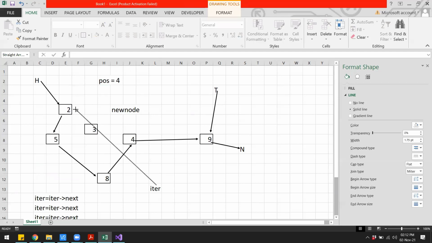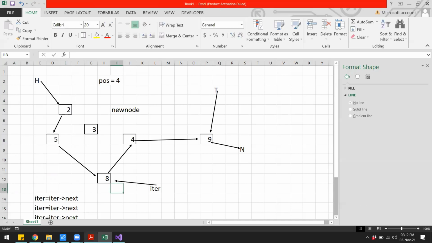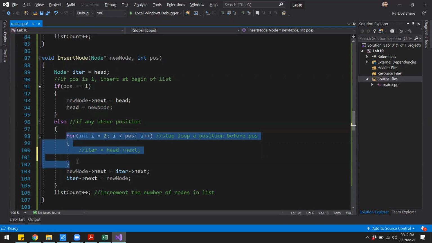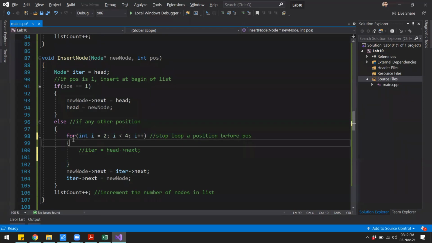Now in here we want to shift it how many times? So initially it is over here, we want to shift 1 and 2 times, right? That means in our code, this for loop should run 2 times, right? So our position is number 4, right? I'll write 4 over here temporarily. So how many times does this loop run? It will run when i is 2 and then when i is 3. When i becomes 4, this loop will terminate because 4 is not less than 4. So this loop will run 2 times.